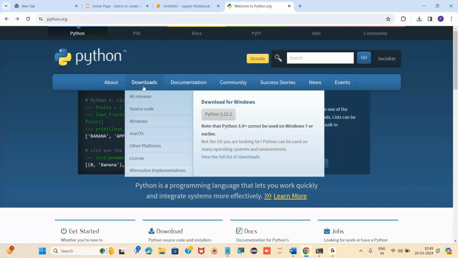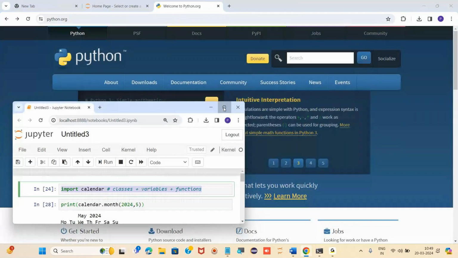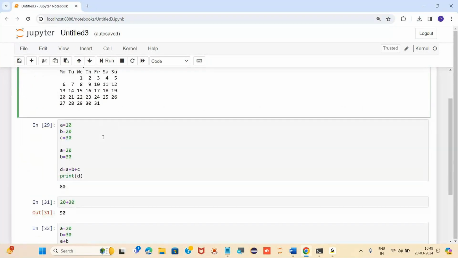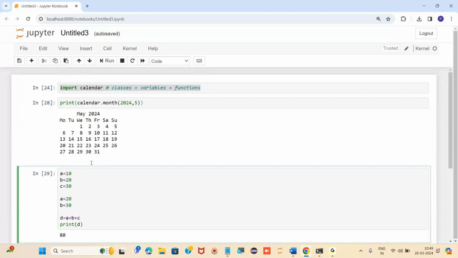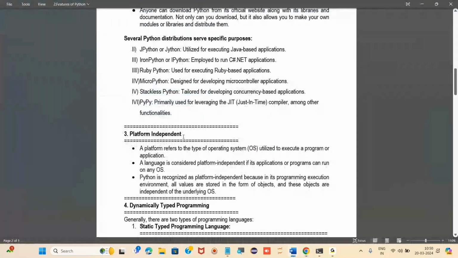We can use any kind of program or code in both the cases, in Windows also, in Mac OS also. If I am writing this program, the same program can be executed in Mac OS also, in Linux operating system also. Getting my point? This is how we call Python a platform independent programming language.